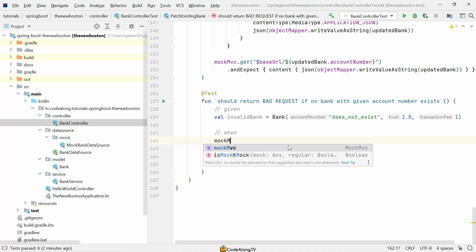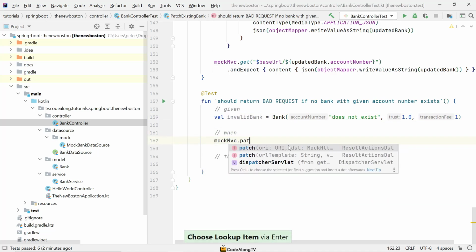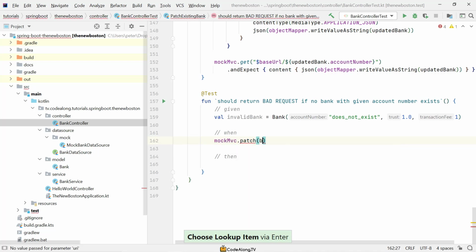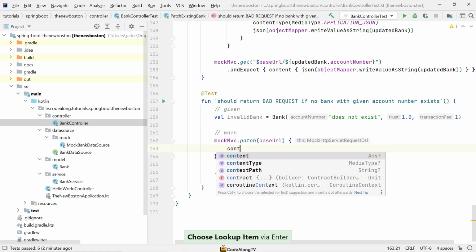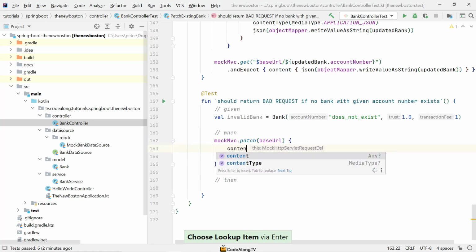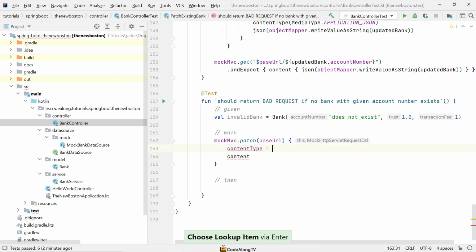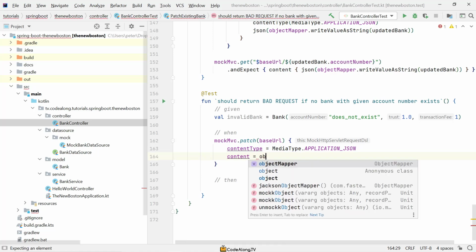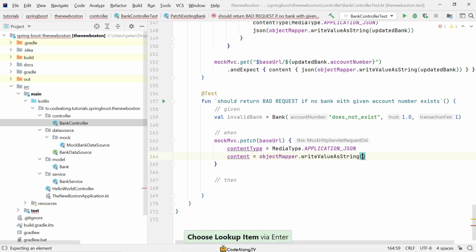And then again, using our mock MVC, when we make a patch request to our base URL, and as the content this time, we provide this invalid bank. First of all, we have also the application content type. So in here, if we now provide the invalid bank with the invalid account number, then we of course expect,